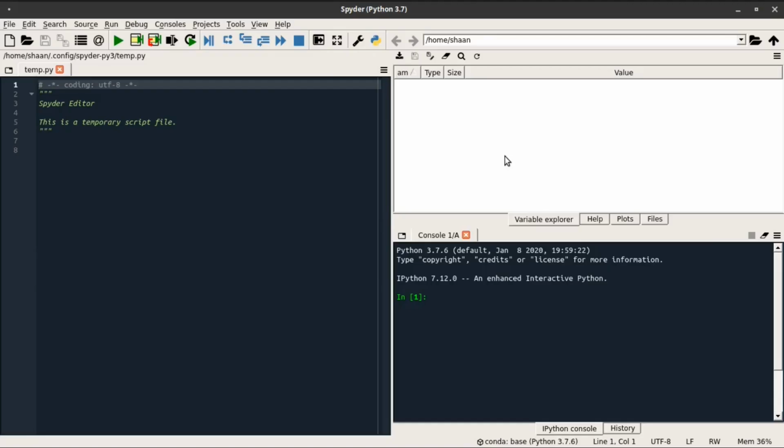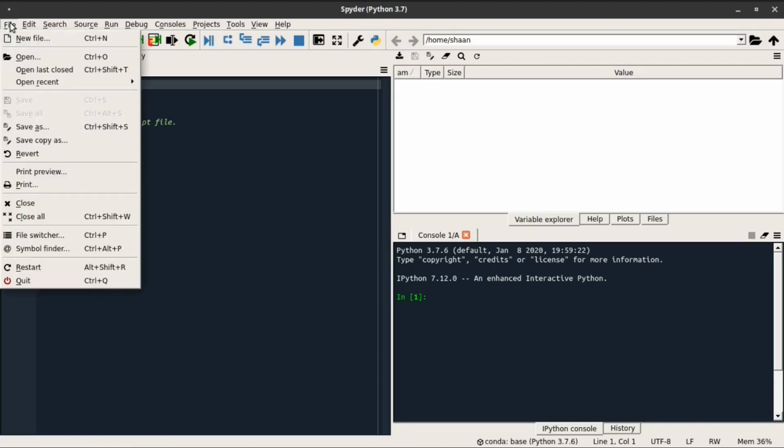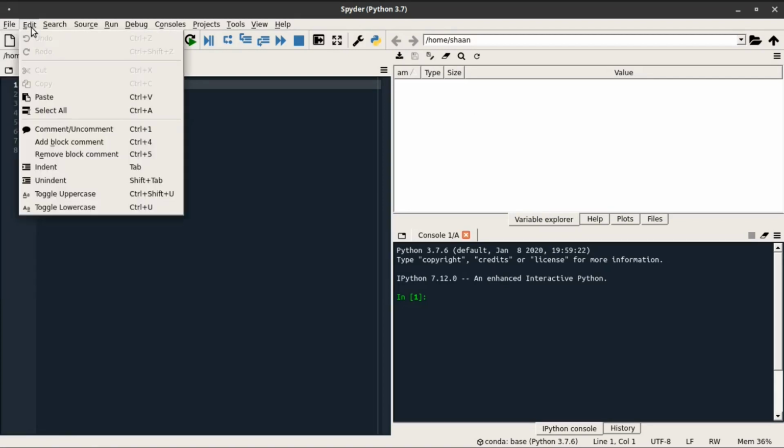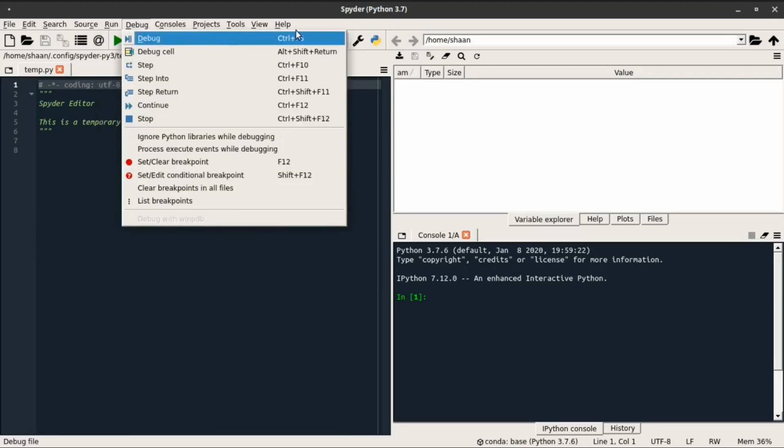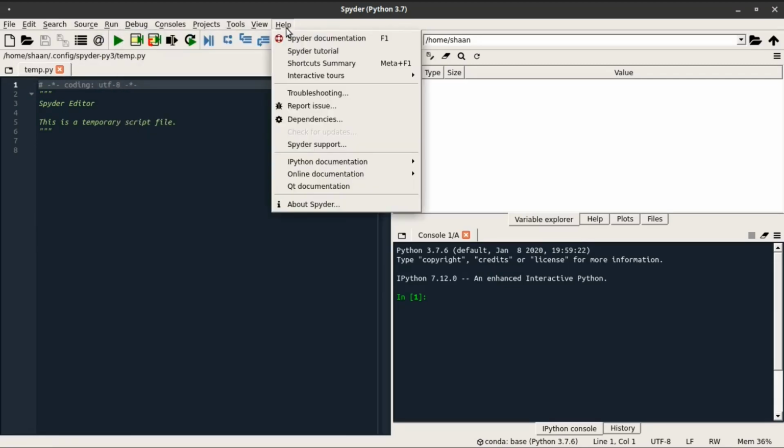Now here you can see the Spyder IDE window, which consists of a menu bar having various tabs such as File tab for creating a new file or opening an existing one. Then you can see the Edit tab. By using it you can redo or undo changes. Then the Search tab. Then comes the Run tab, from where you can execute your program, and you can also see Help tab, which comes handy in times of trouble.